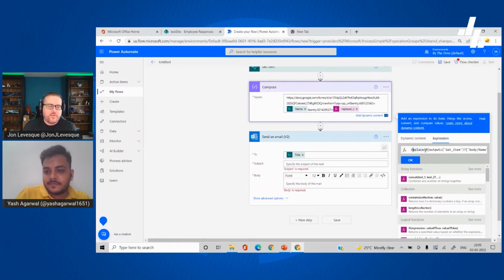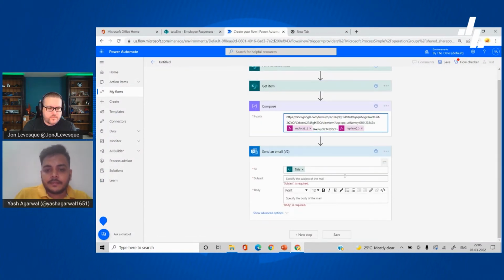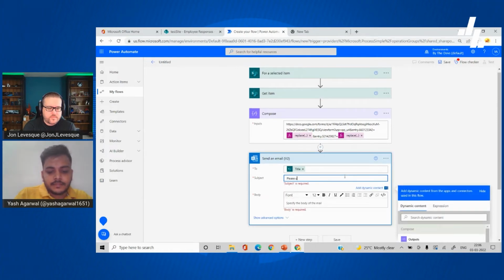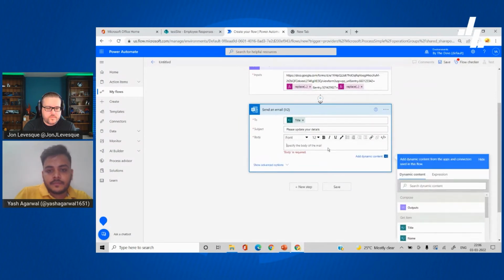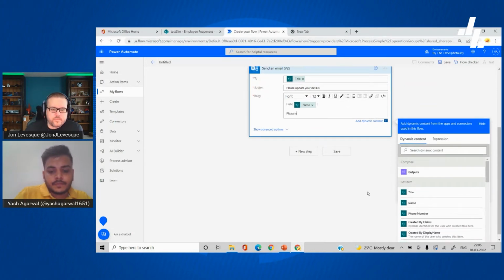Sometimes errors happen in a flow, and it's good to recognize that. So instead of cutting that out and editing it, I'm just going to leave it so people can see, and they'll make that same change. Okay, and please update your details. You can just say hello and put the name here. Update your contact details using the